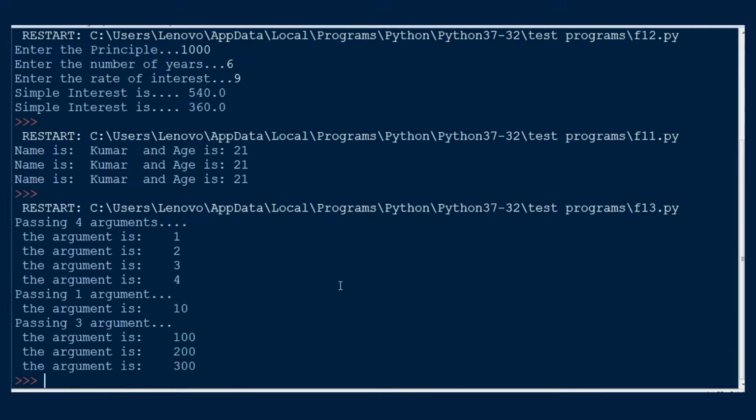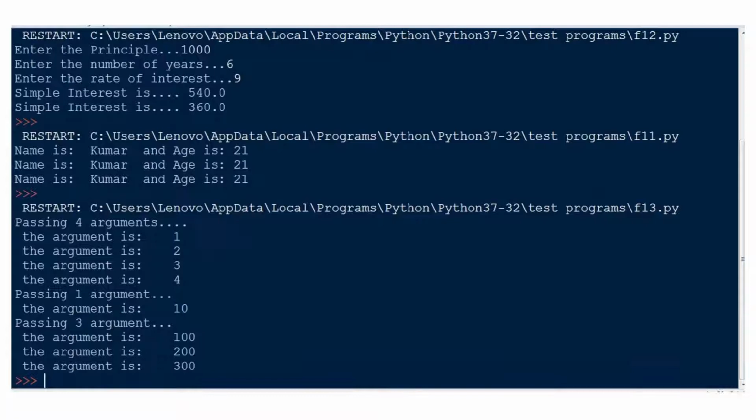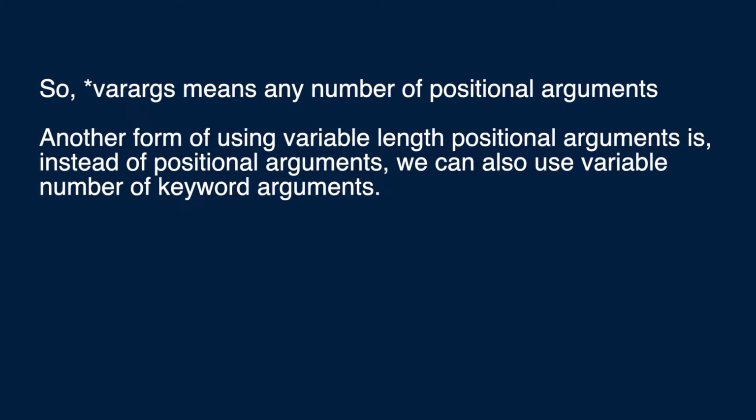The asterisk is placed before the variable name that holds the values of all the variable number of arguments. Note that you might use any name instead of star varargs. So, star varargs means any number of positional arguments.